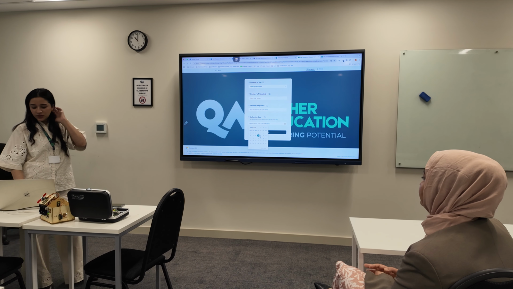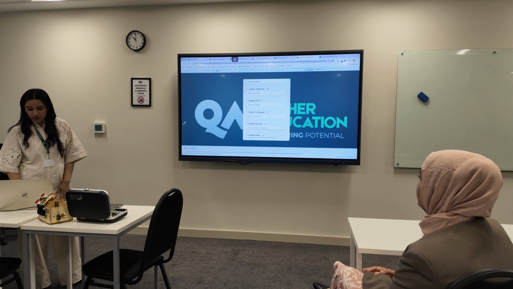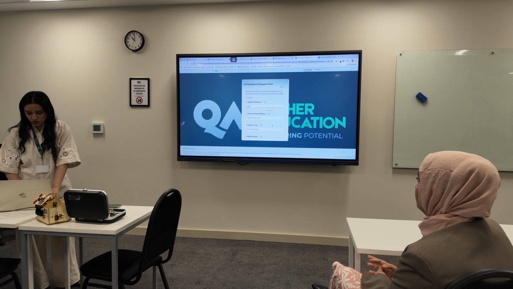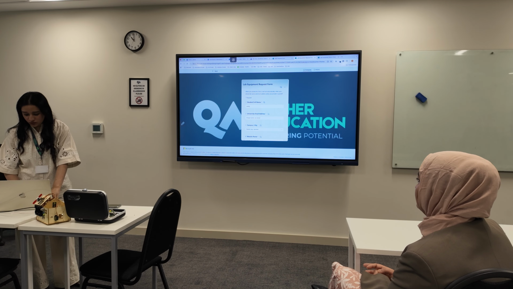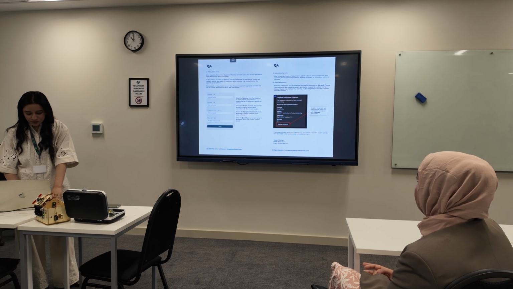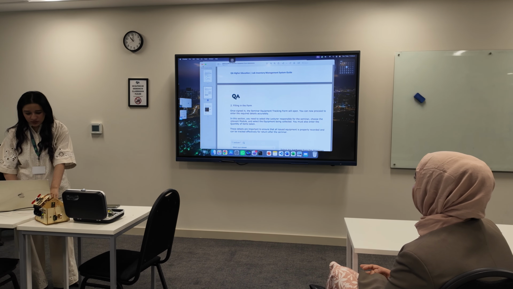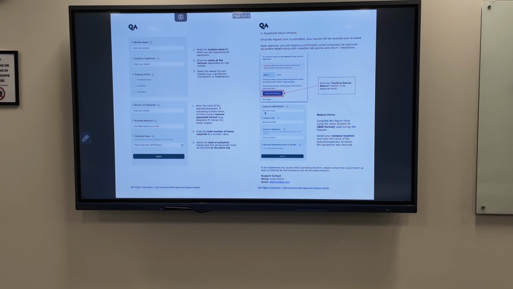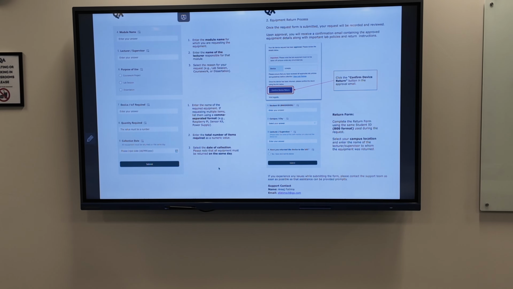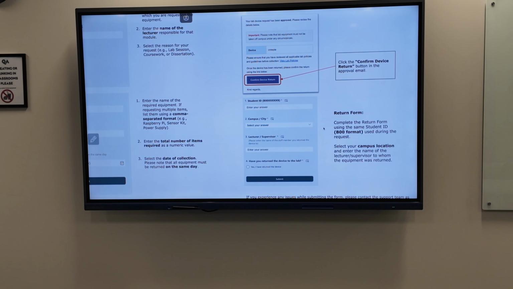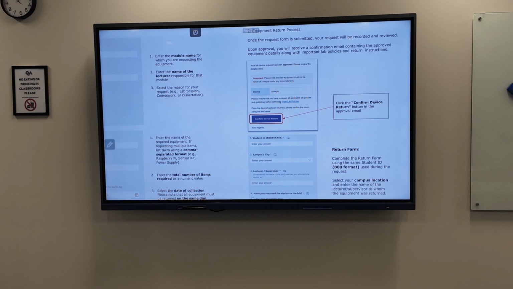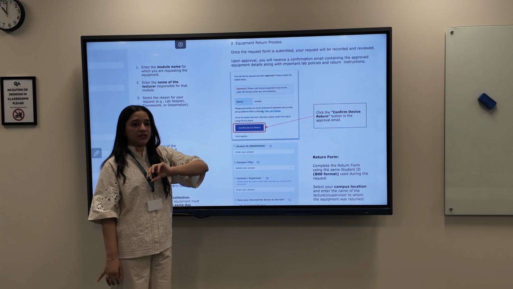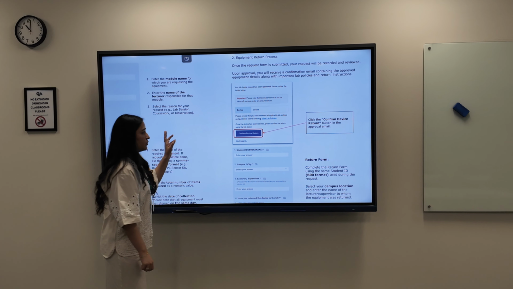So whenever they request anything from here, if I randomly put in some details, we get a notification. Then we approve it, and I will show you from the documentation. So whenever they request anything, we approve it from the backend in our Teams, and the student gets an email like this saying their IoT device is now approved, so they can collect it from the specific lecturer.